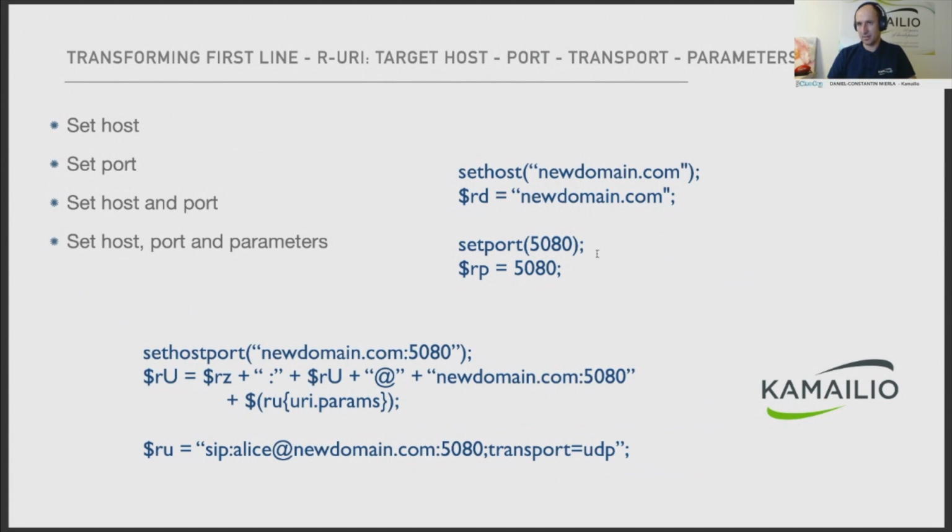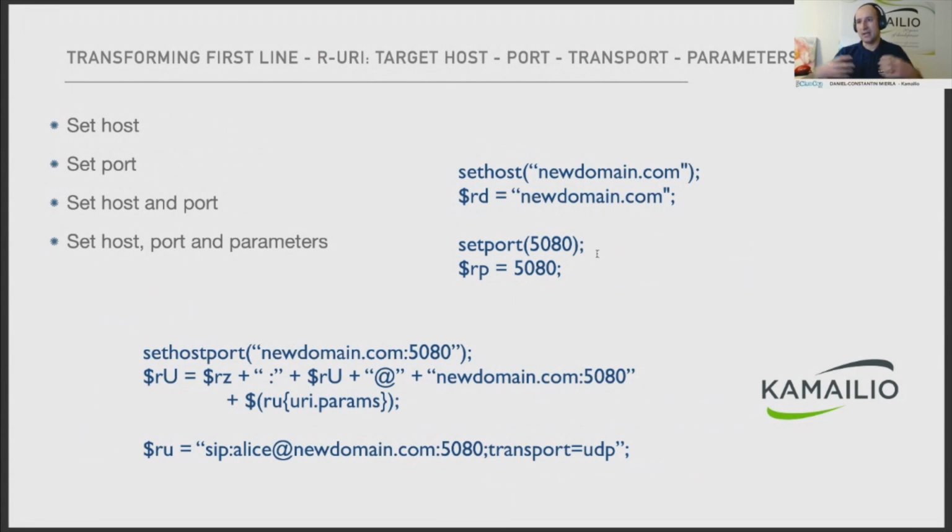So we have set host to set this host part, which could be a domain or could be an IP address. So you can put whatever you want there. IPv4, IPv6, both of them are supported by Kamailio, so you can use them as you need in your infrastructure. Setting the port, again, the set port function and $rp if you want to do this assignment. To change both of them, because sometimes you run maybe FreeSWITCH on port 5080 or a different port on your infrastructure, you can set both IP and port at the same time.